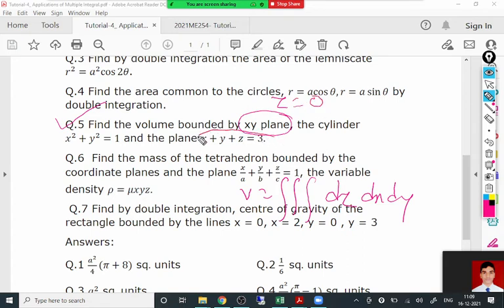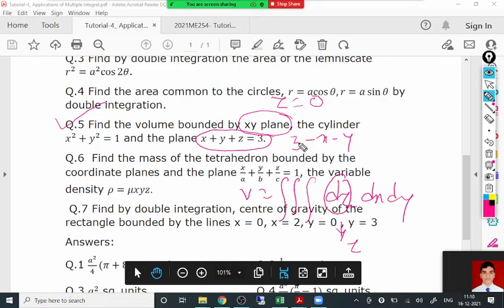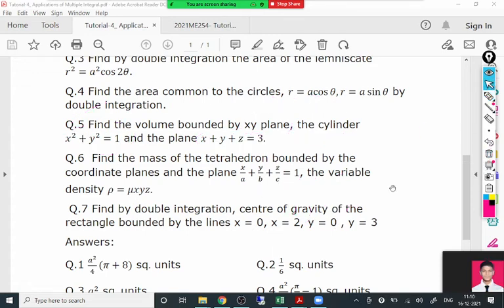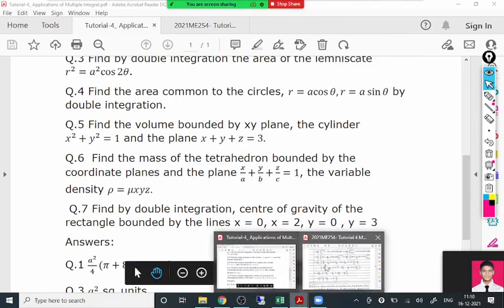And the upper limit is here, that is 3 minus x minus y. That is the value of z. So the integral of dz is z, and when you replace it, it becomes the double integral of 3 minus x minus y dx dy over a circle now. And how to do that double integration then? It is in which coordinate system? Polar. Polar is better because we are on a circular domain. That's the way you should approach.